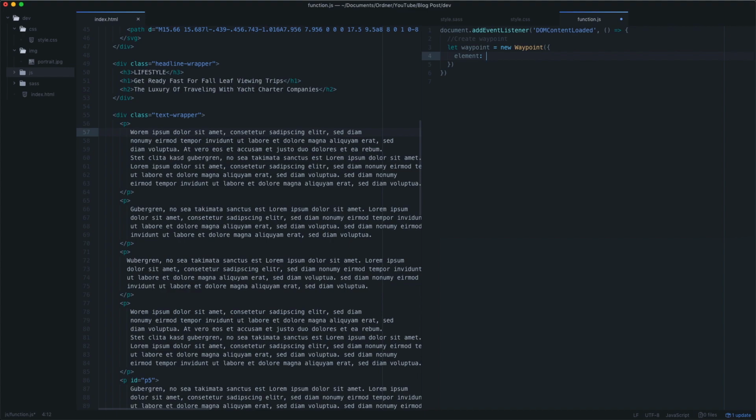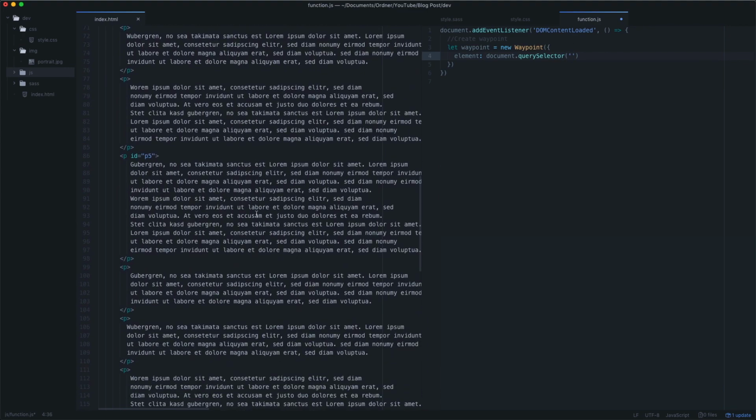So we'll select that paragraph with document dot query selector, and inside our markup we have this ID p5, paragraph 5, and this is the one we want to animate. So we'll say pound p5, comma,